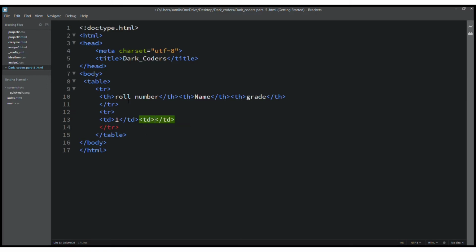I have written here td. I will give here the name. I will write imaginary names. First I will write my own: Dark Coders.